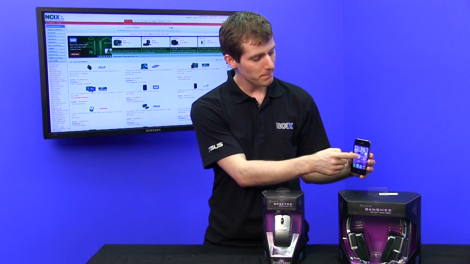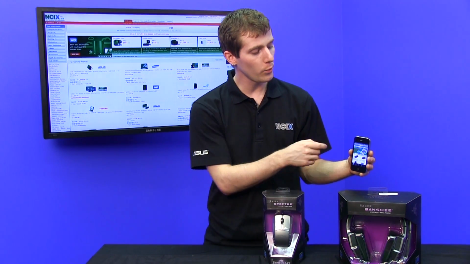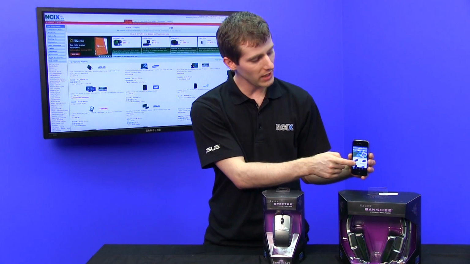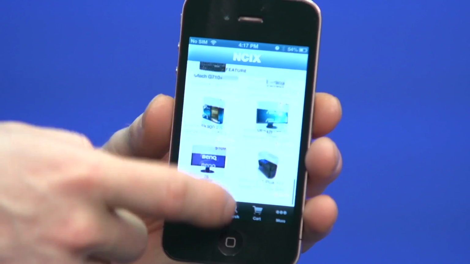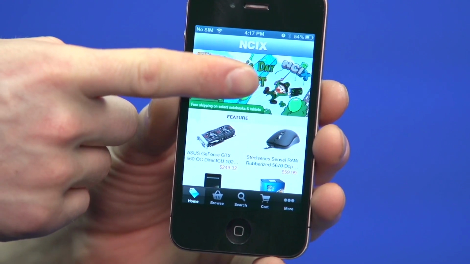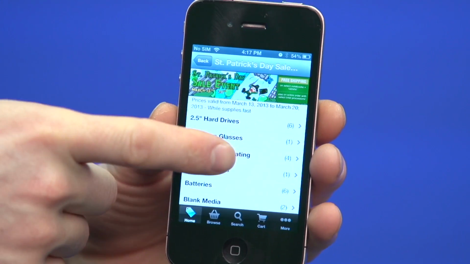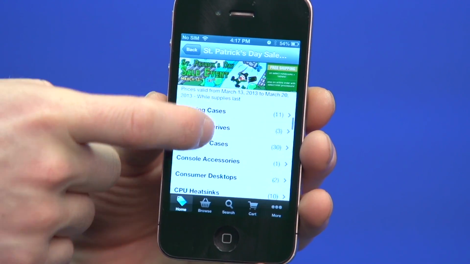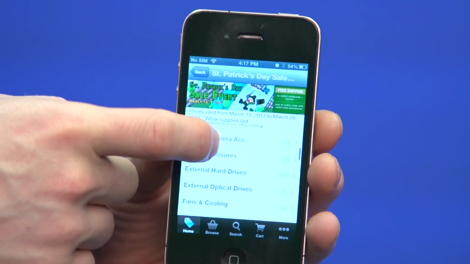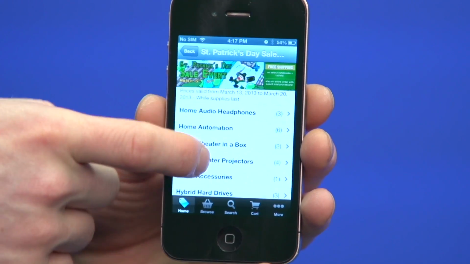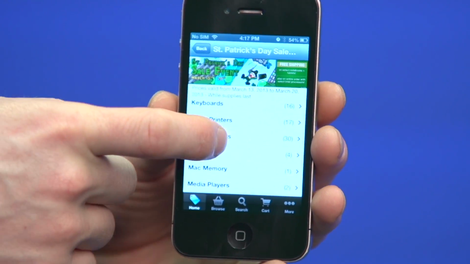Once you launch the app, you are greeted by the weekly special as well as a few key featured products. You can see there's about a dozen featured products here, and seeing the latest weekly special is as simple as clicking on the banner at the top and it'll show you all the categories that are in the weekly special. It's quite responsive, so we're going to find a category that's pretty busy, lots of products, like for example